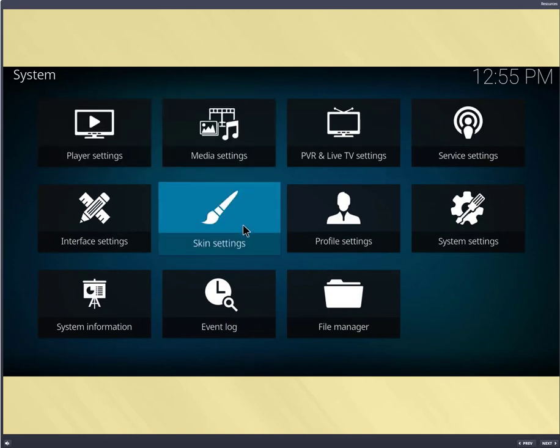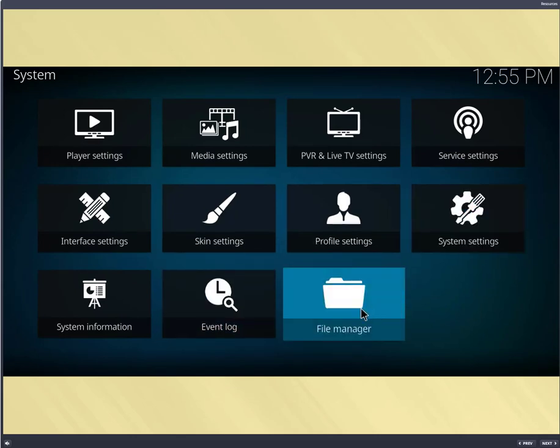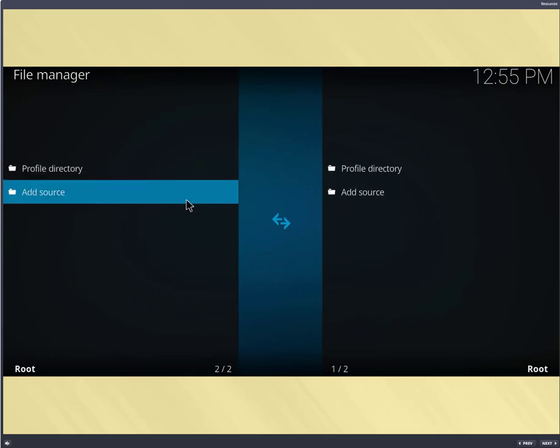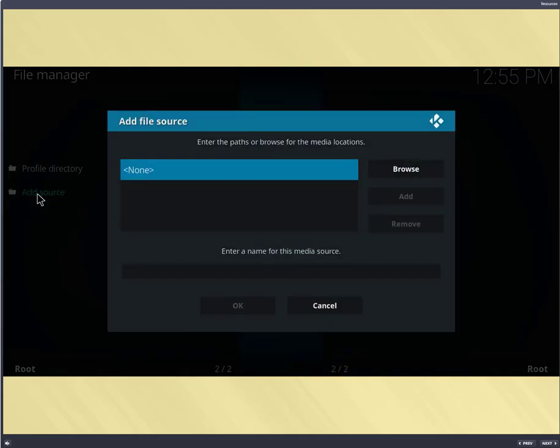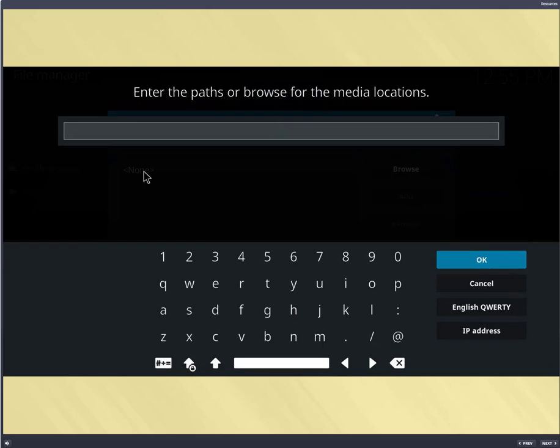Once you click the gear, you're in the icon settings for System. Look for File Manager, click on it. Add Source. Add Source can be accessed from either side of the screen. Now you're into where you're going to type the path for the Kodi repository. This process is done for every path to every repository, so it doesn't matter if it's Exidus or another. You simply type in the